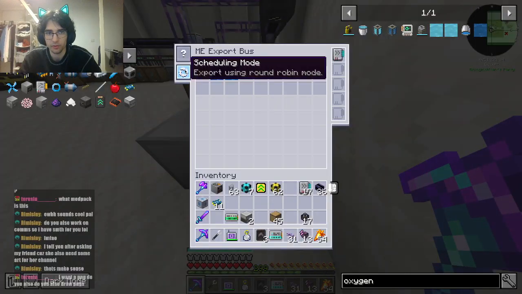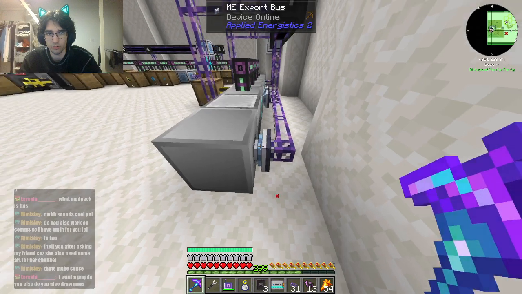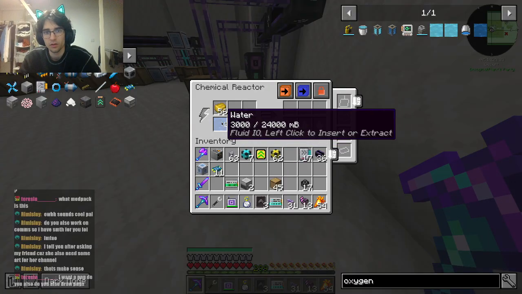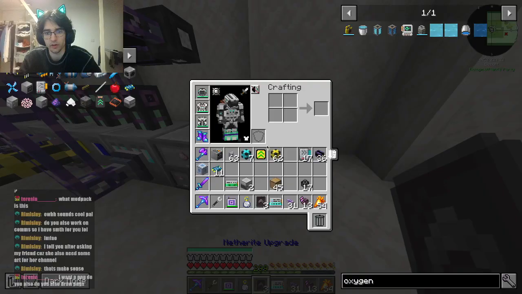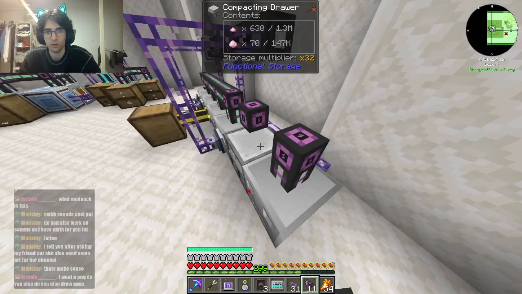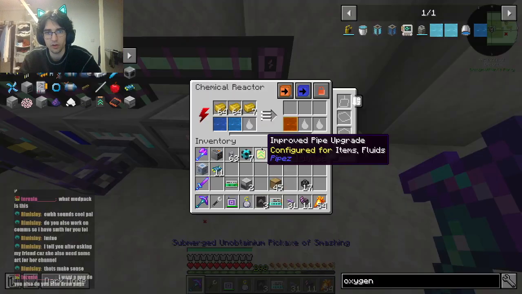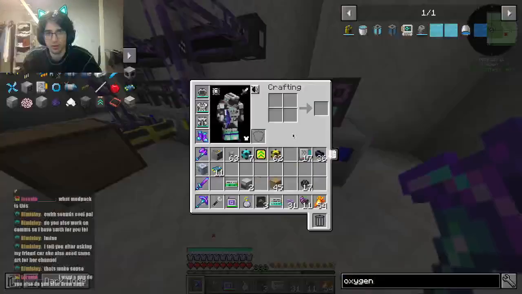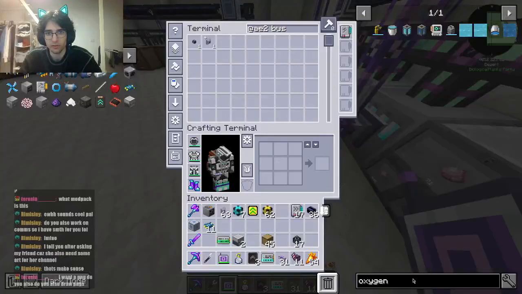I need to remember to set this to round robin, so it gets a little bit of everything. Okay. Then I need to give it some power. I'll just link it above here. And this is making sulfuric acid. Excellent. Now, in the spirit of inefficiency,